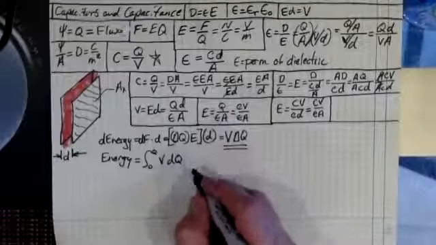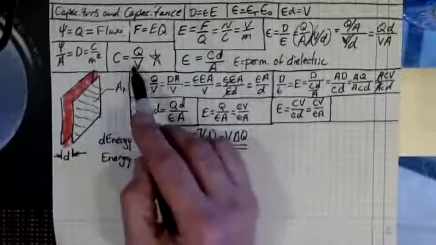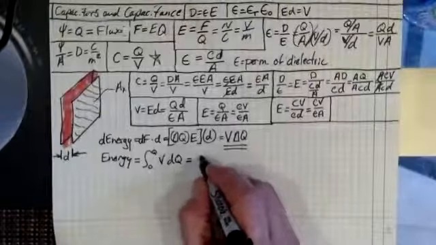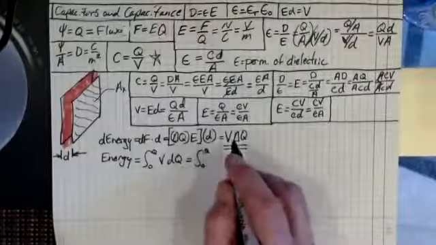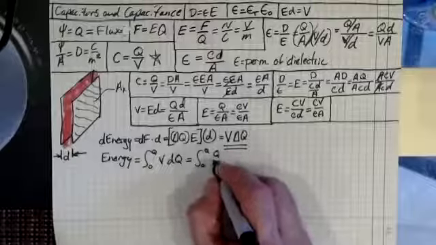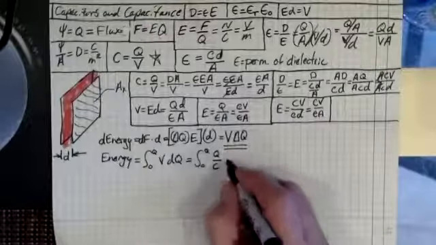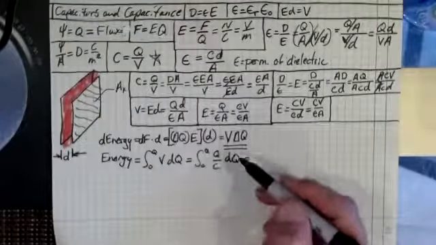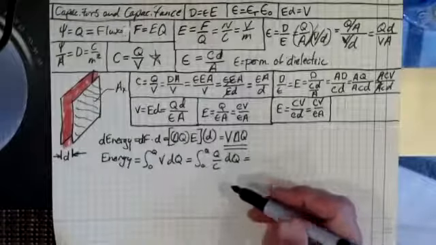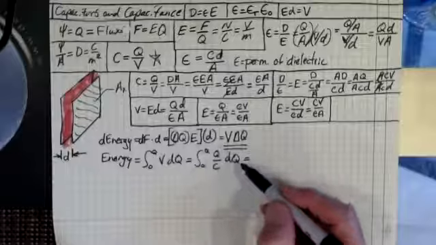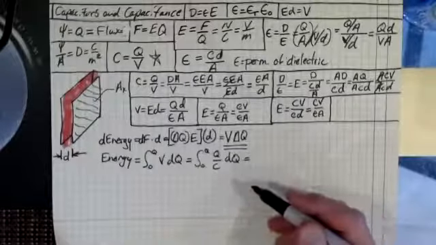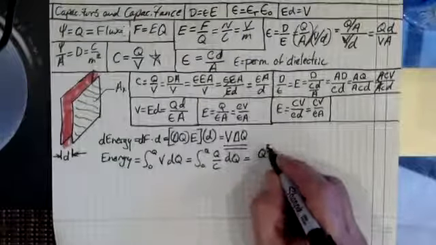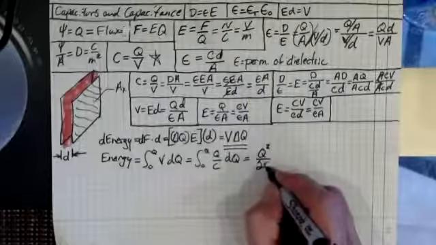All right, well, what we know from the equation we have up here is that V actually equals Q divided by C, doesn't it? So from 0 to Q of Q divided by C dq, right? And then Q divided by C, well, 1 over C, we can take that outside of the integral. I think everybody can see that. And then all we're going to really do is just integrate Q dq, and that's just Q squared over 2, right? Q squared over 2. So we've got Q squared over 2C